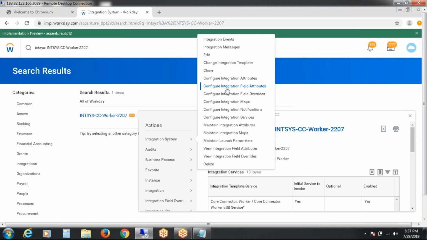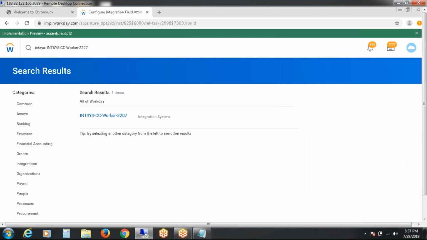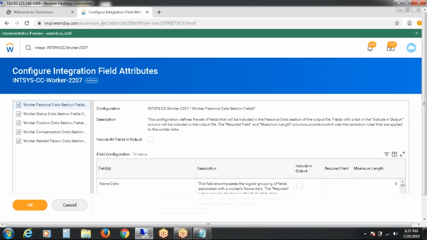Here you need to select the fields: worker full name, worker employee ID, position, designations, hire date, date of birth, address, everything you are going to select from here itself. These are the integration services I enabled before on that day. There are already some predefined services enabled by Workday, but they do not have any field data, so we need to select as per the requirement. You can select personal data, position data, compensation data, or related persons data, accordingly.